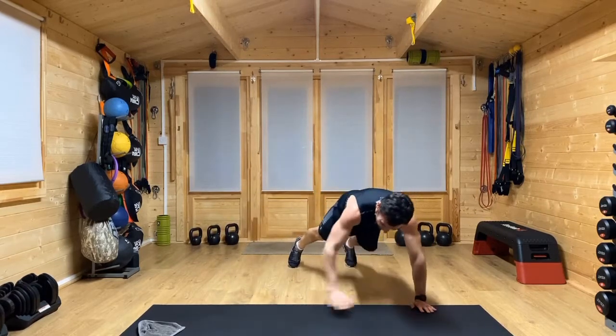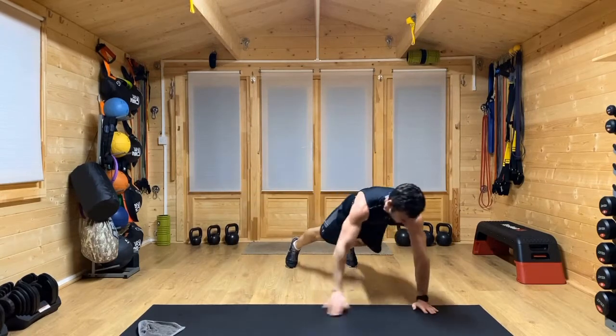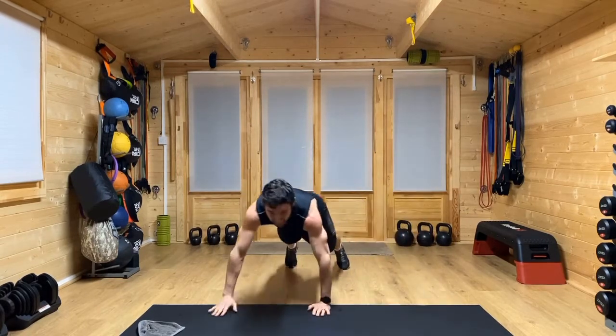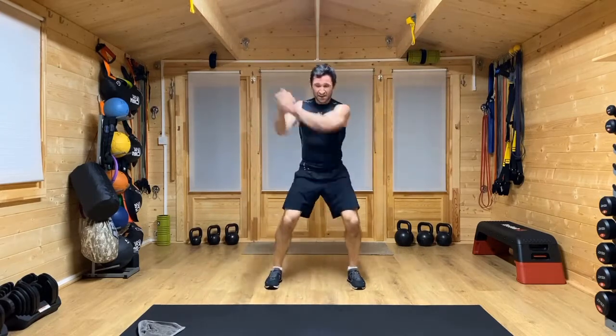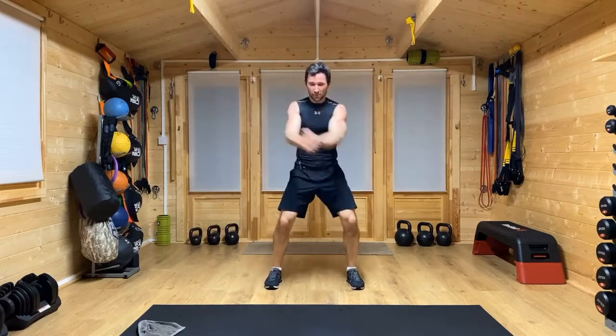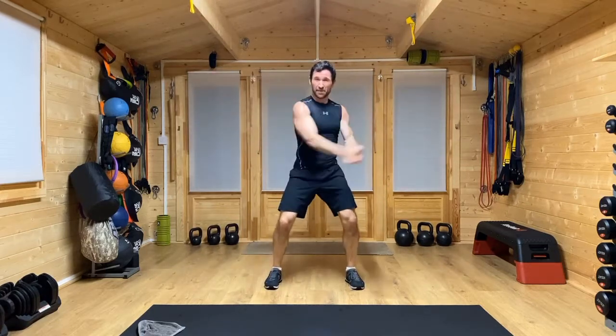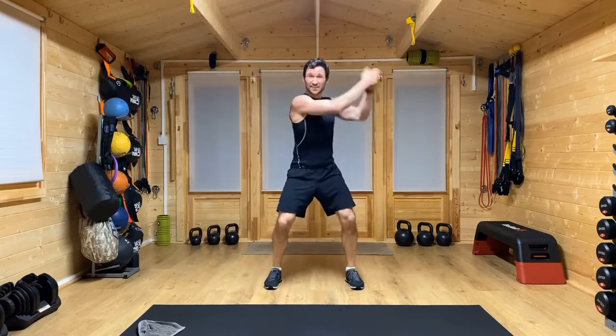Less than 10 seconds to go. Work across, work back to the midline, and repeat. Here we go. Figure of 8, chopping that X in front of the body. Make tight turns as you come back. Again, it's that change of direction